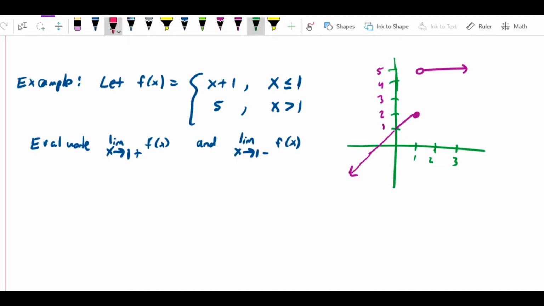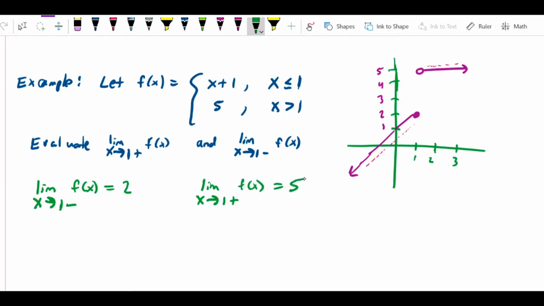And what you can see, it's sort of easy to see now graphically what's going on. If I'm the ant approaching from the left, then we would conclude that we're going to end up at a y value of 2. If I'm the ant approaching from the right, we would conclude that we're going to end up at a y value of 5. So we can look at this and write that the limit as x approaches 1 minus of f of x is equal to 2, and the limit as x approaches 1 plus of f of x